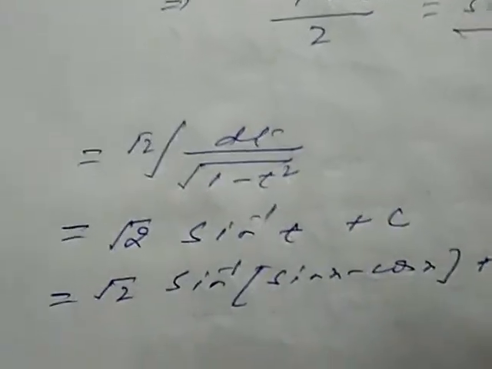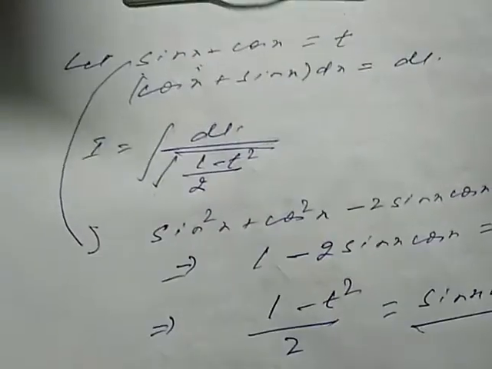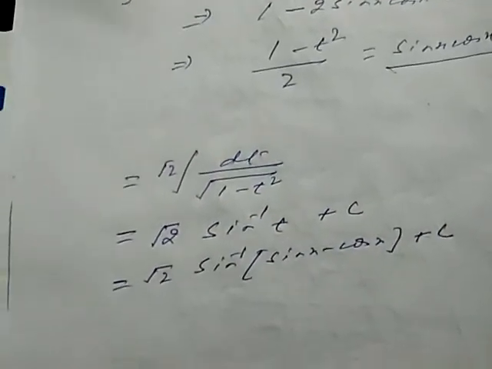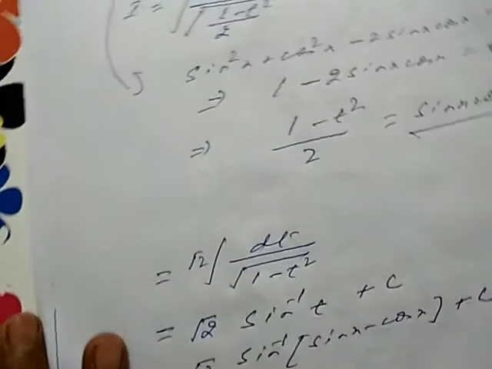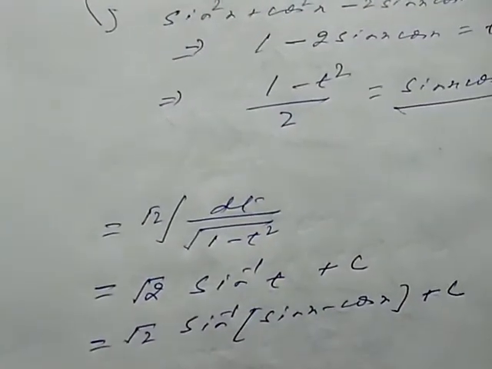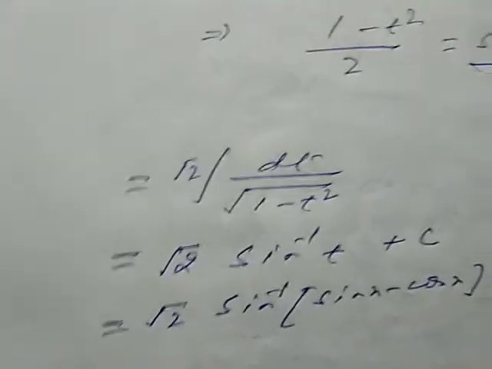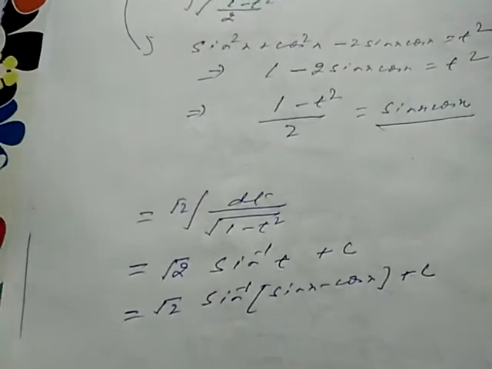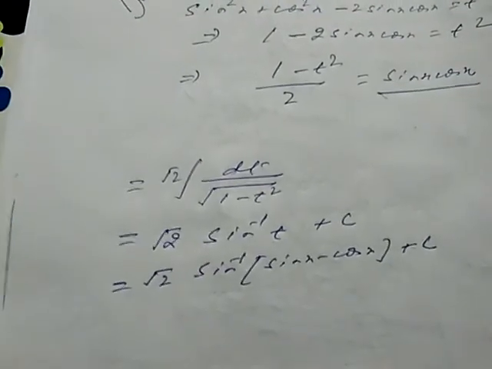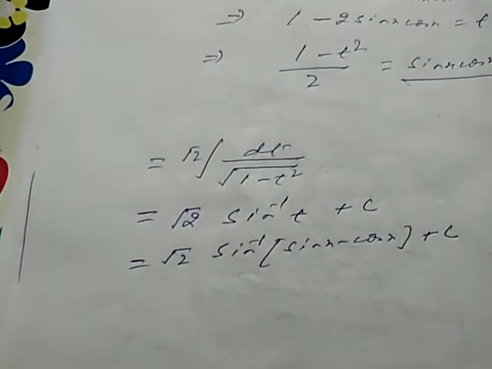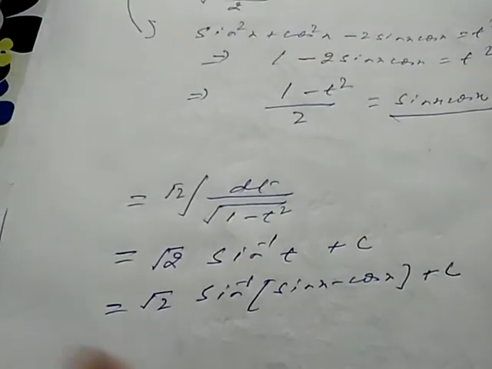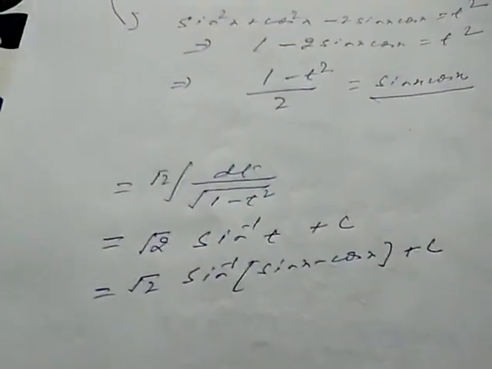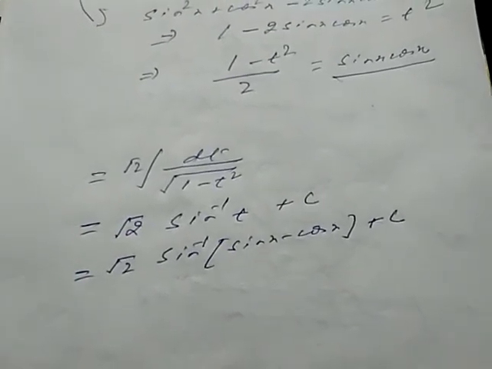So there are three methods of solving integration by the method of substitution. Again, I am repeating, most of the time you see direct substitution, but if direct substitution is not there, after moderation we can look at which term you have to substitute. If that is not possible, then assumption substitution. So these are the ways. So you just go through these examples and try to get it. If you are not getting it, again I will repeat a few more examples, as well as with these questions I am sending a few more questions related to these three ways of substitution, and definitely it will work for you.